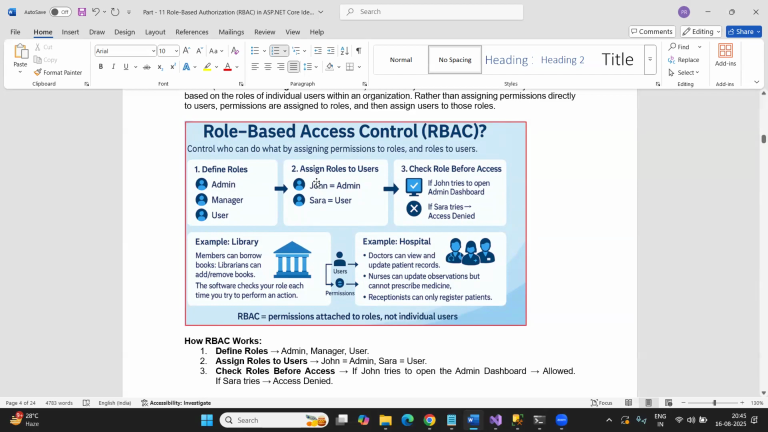Let's assume there are two users, one is John, another one is Sarah. John is assigned with the admin role, Sarah is assigned with the user role. So John is admin role, Sarah is user role. So once this is done, then in the case of role-based access control, what exactly is it